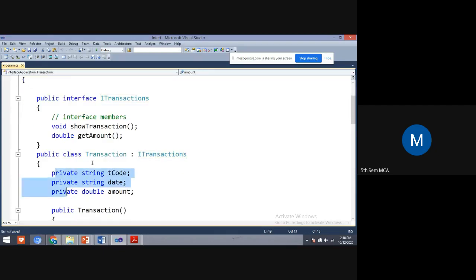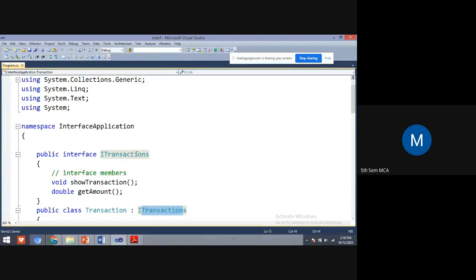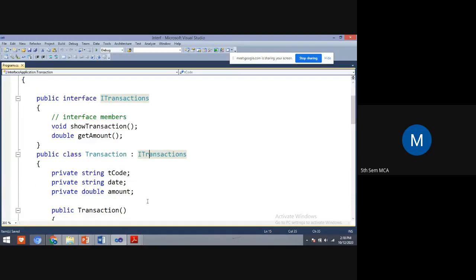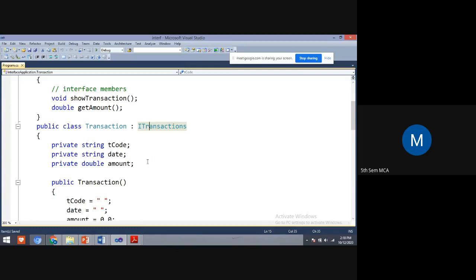This is how we implement the interface, with the class name and the interface name. The class name is Transaction, and the interface name is ITransaction. Here in the implementation of the interface, three string variables I have taken: T code, date, and amount.